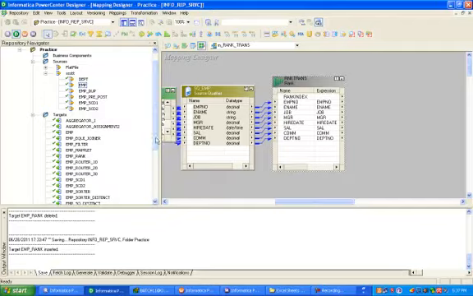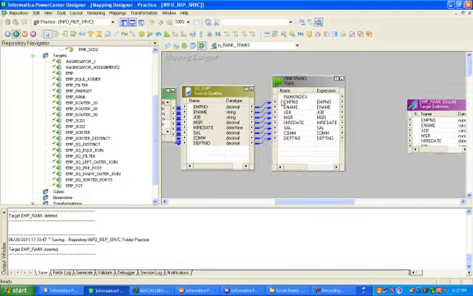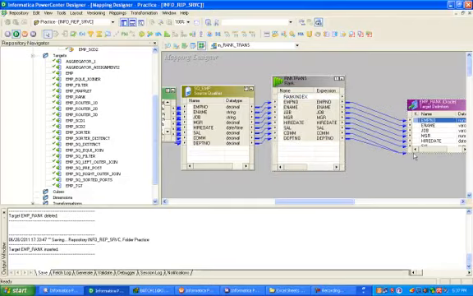Now drag and drop your target table. This is your target table. Except the rank index, drag and drop each and every column to the target table.